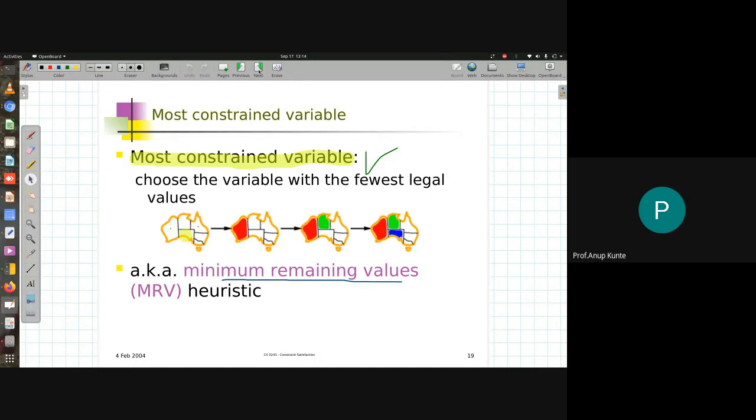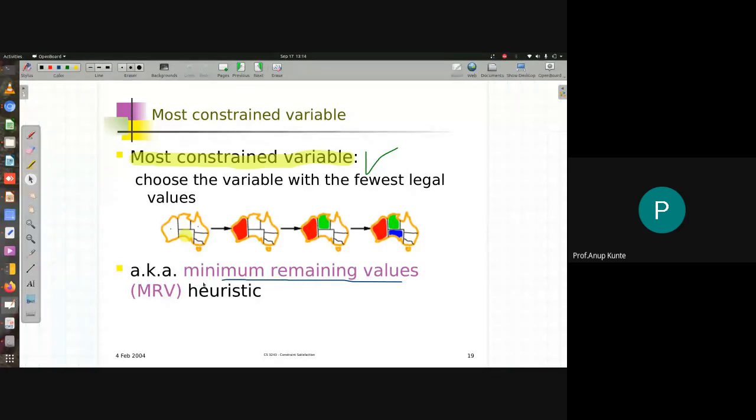That numerical sense, these particular heuristics are not going to provide us. So what are these heuristics going to give us? These heuristics are going to give us some kind of strategic choice from the set of variables that we have. Okay, so to choose the next variable from the unassigned list, the first heuristic that I can define is,